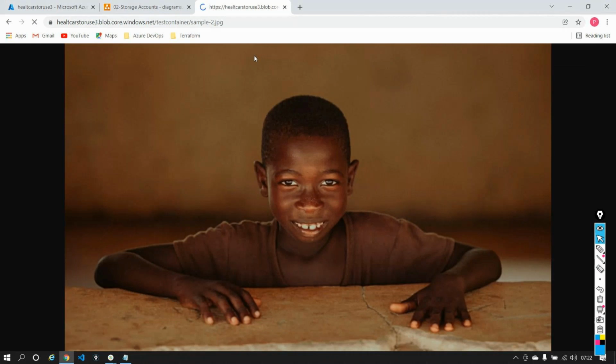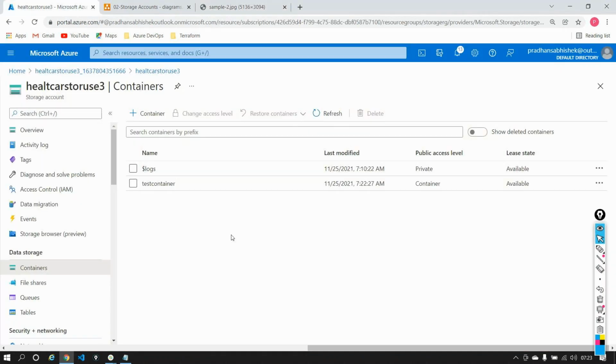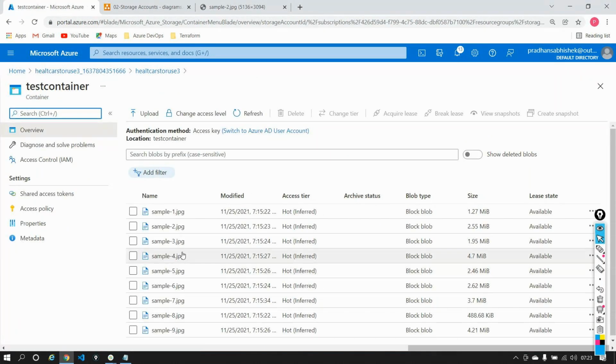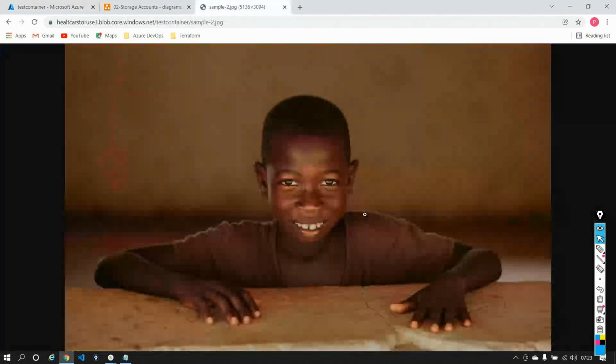I'm again getting an image because I have all this data present inside the container. Sample 1, 2, 3, 4, 5, etc. Meaning anyone sitting in any corner of the world, using this particular link, will be able to download this image or see the file inside it. Let's imagine this is not an image but an actual PDF file that consists of a lot of data. They'll be able to download that data using this link.